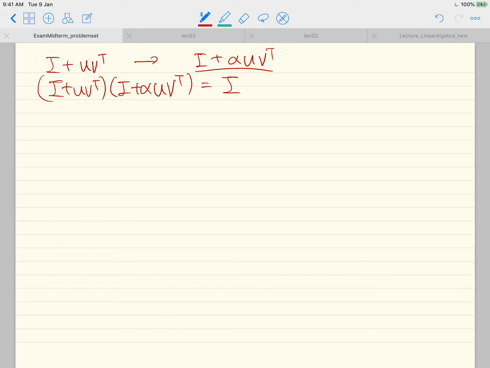And then if we just distribute this multiplication, we get I plus u v transpose plus alpha u v transpose, right? And then the last term will be multiplying this guy and this guy, right? So let's just move the alpha to the left, and then u v transpose u v transpose. Right? And then it should be the identity matrix. And so let's just make it,